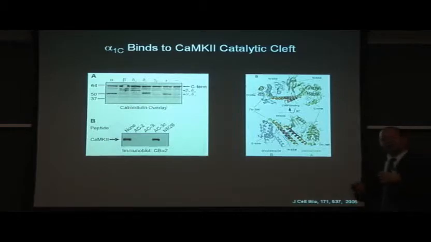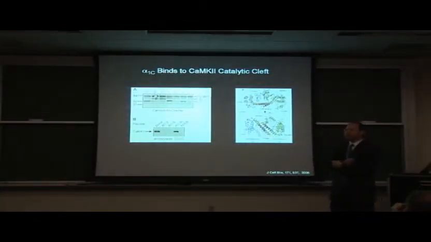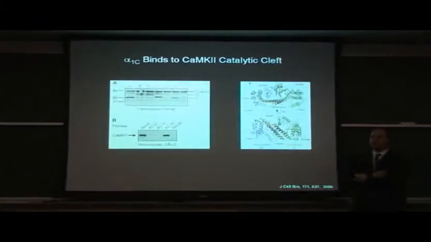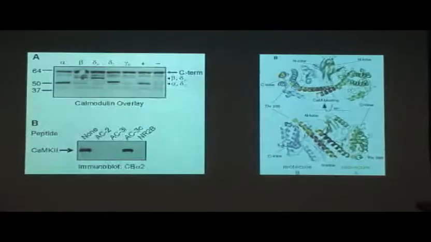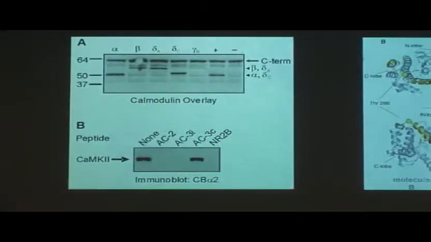So having mapped now one critical site on the channel for CaM kinase interaction, we wanted to see where the channel interacted on CaM kinase. As a first approach, we expressed in HEK cells all the different isoforms that we could get our hands on for CaM kinase 2, and then did pull downs with the C-terminus. You can see that whether you use alpha, beta, or 2 different deltas, the gamma for some reason didn't work, but essentially there was universal interaction of all the different CaM kinase isoforms with the C-terminus. So it suggested to us that the interaction site on the CaM kinase was in a very conserved part of the CaM kinase, and so it was present in all the different isoforms.